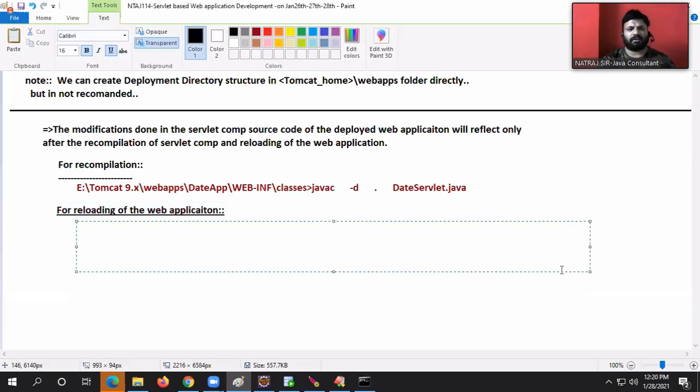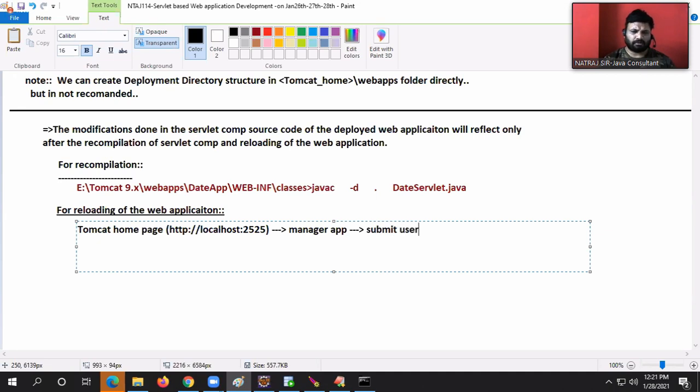Yes, guys. Tell me here. The Tomcat home page. How to open the Tomcat home page, guys? 2525. Next, manager app.